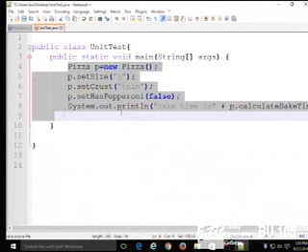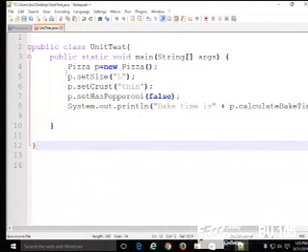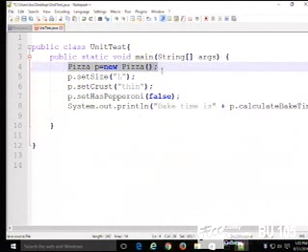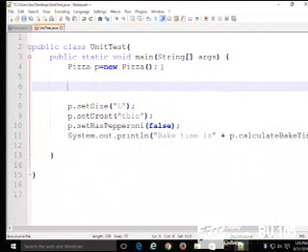And here's where the real fun starts. Let's analyze this line. All right? Looks like an innocent enough line, but we could take a long time talking about this. Pizza p equals new Pizza. We actually could split that up into two commands.